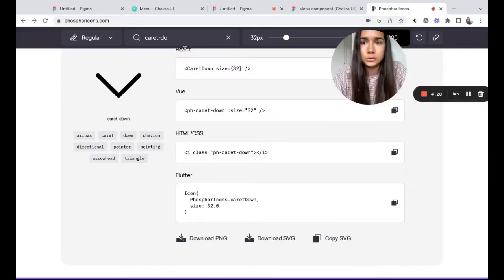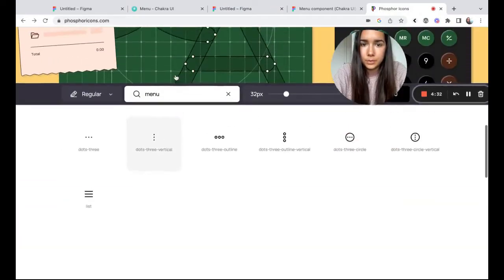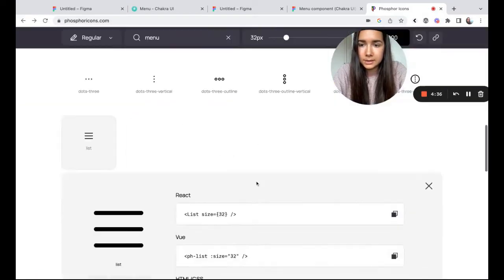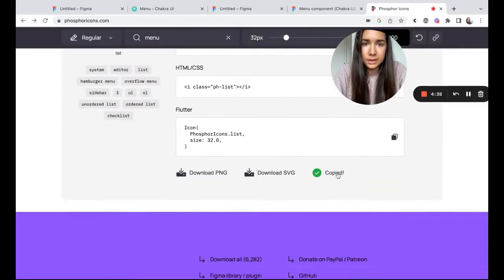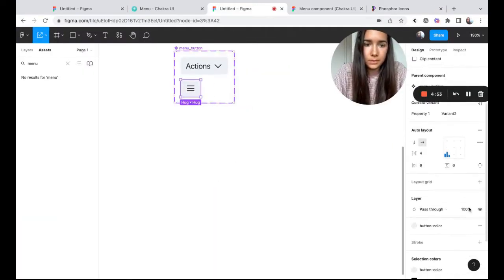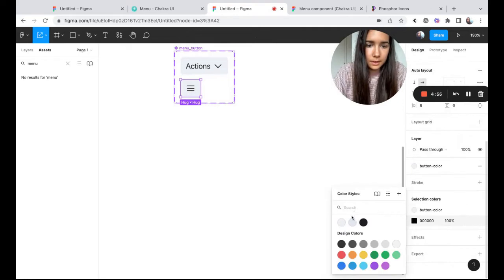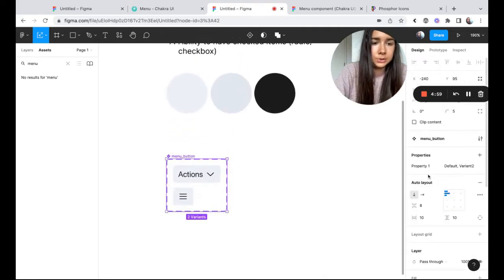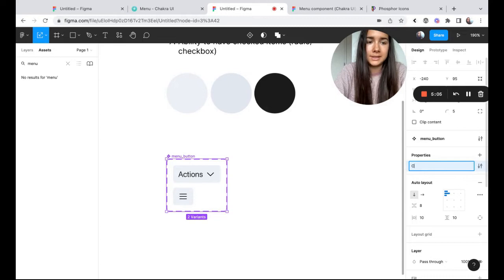And then we're going to go to our phosphor icons. Let's add a different icon. The last part here would be to rename our property from property 1 to, we can say, content.